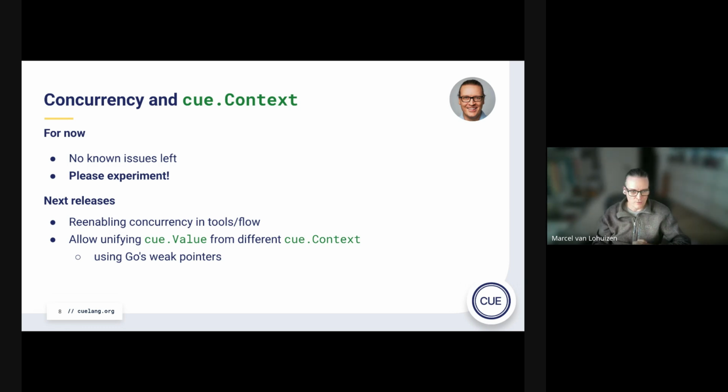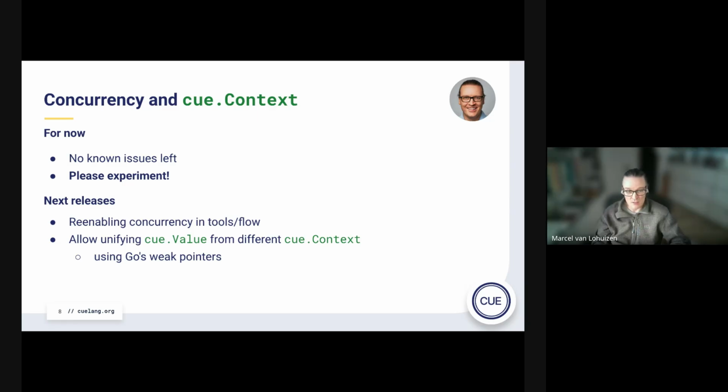And then, somewhat related to that, we also want to remove the limitation that you cannot unify 2 Q values that come from different Q contexts. Even if the contexts have different sets of functions, which Roger will elaborate on later, you should still be able to unify them. Right now, there's a hard limit. One reason is that you want to memory manage and limit the key space, because that's optimized, it's unique.